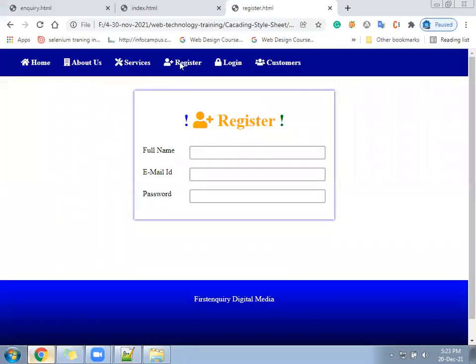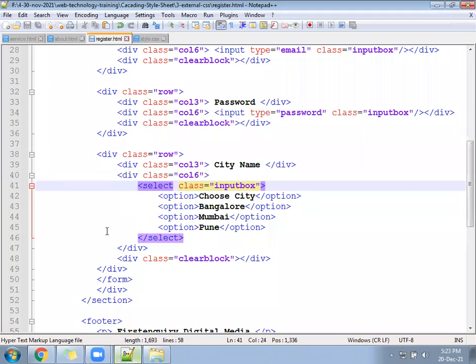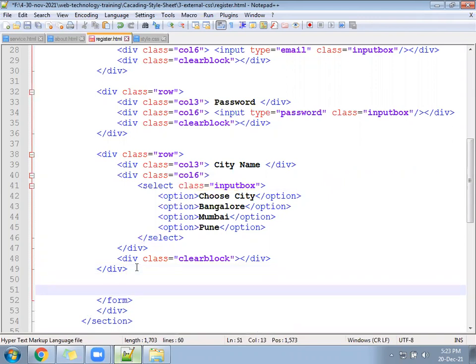So I hope it looks like a similar design, something like this. Width remains the same. Now create below two radio buttons. Create below a gender box and put two radio buttons. Create one more row, two radio buttons for gender.